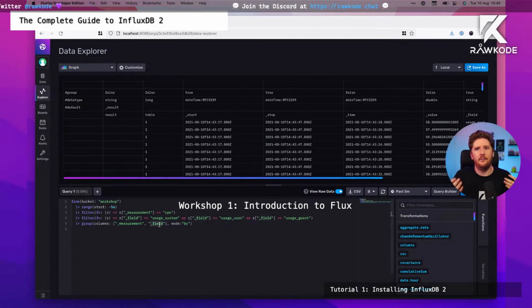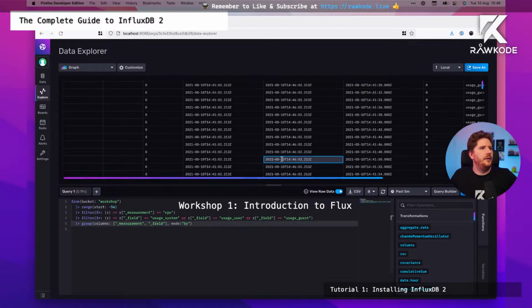If we had multiple measurements with a field name that was duplicated across them all, you would want to make sure that you restrict it properly, and you don't have response time and multiple measurements all get grouped together because it would skew the values. So it's usually best to be as constrained as possible. So measurement, field, and then the mode of by. And then if we run this,